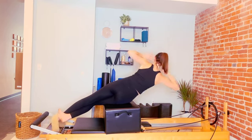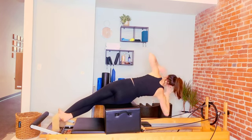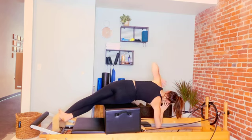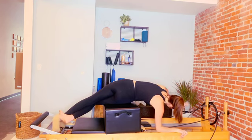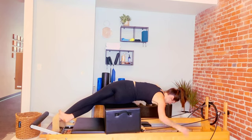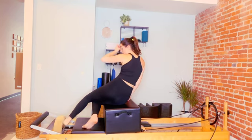Imagine that your body is in between 2 panes of glass, and you are never smudging that glass. 2 more. And then on this last one, hold, rotate the torso, hands to the outside wooden frame. If you want a deeper stretch, take the left hand, bring it to the right side, and just hold. Left hand back, hands behind the head, rotate the torso all the way up, and then we're gonna step off